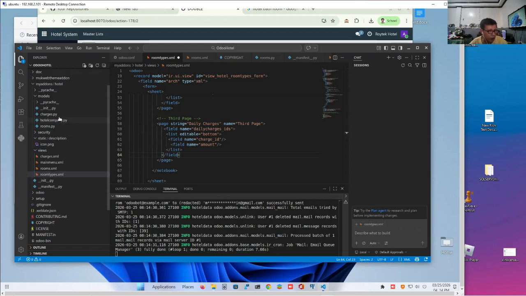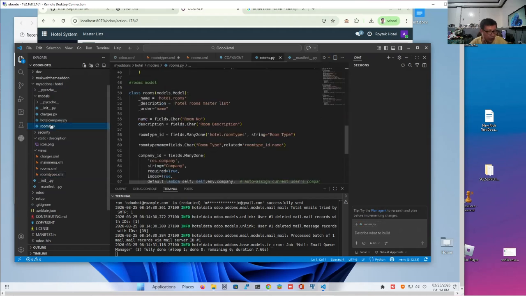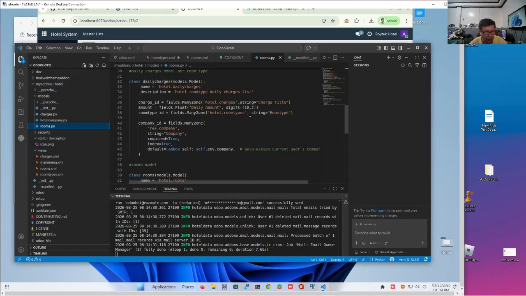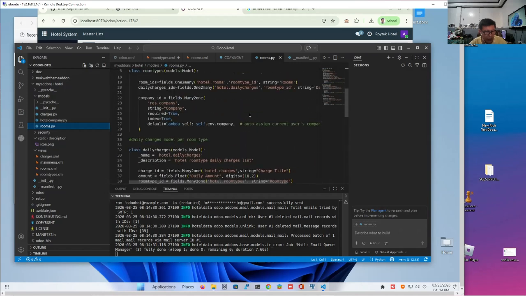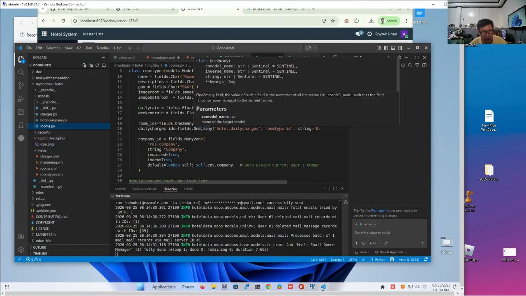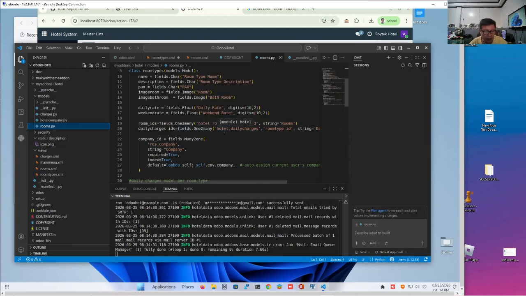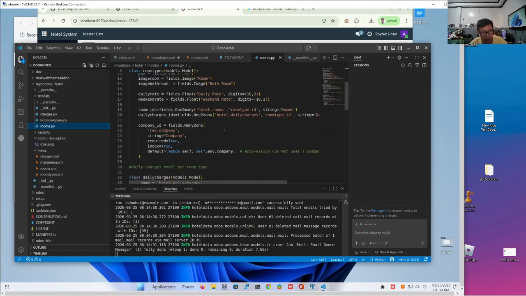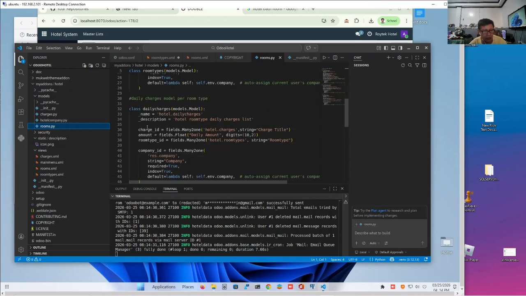model. Let's go back to that model. We have it at rooms, and then at room types we have daily charge IDs. This collects all the charges that are charged daily to an occupied room type. So these are the daily charges. It also has a many to one field to the charges model and the room type ID, to which the charge is being associated. And of course, we are going to have an amount formatted to 10.2.